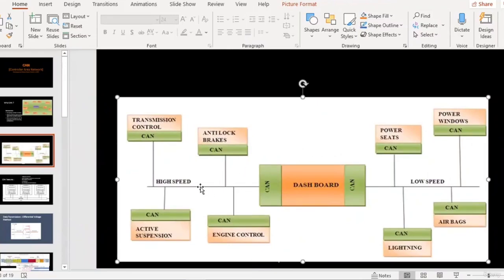There are only central lines which are called high speed and low speed CAN, and each of the ECUs is connected to a high speed or low speed CAN using a single, actually a dual wire. The number of wires in this diagram is much lesser than the previous diagram. So that is why CAN uses much lesser wiring compared to the other wiring topologies.